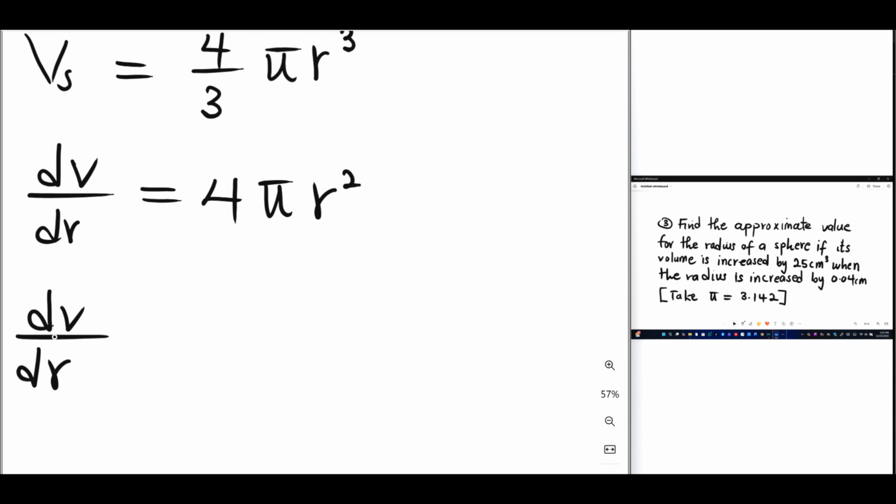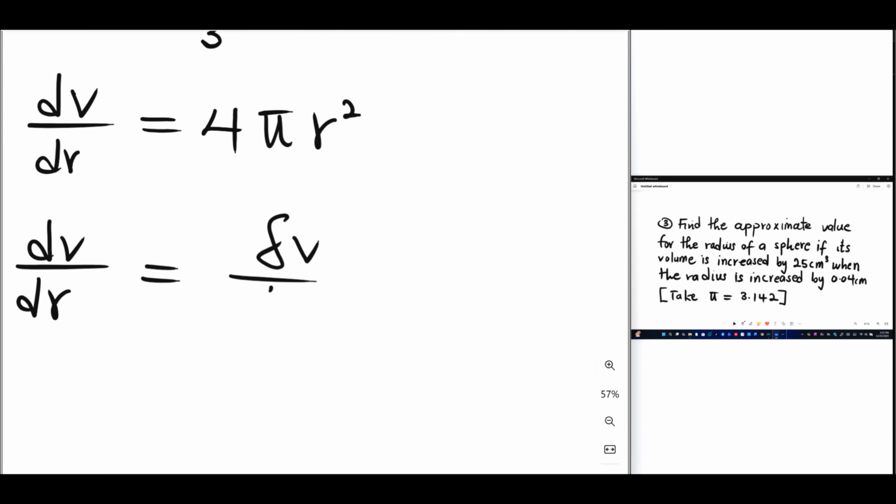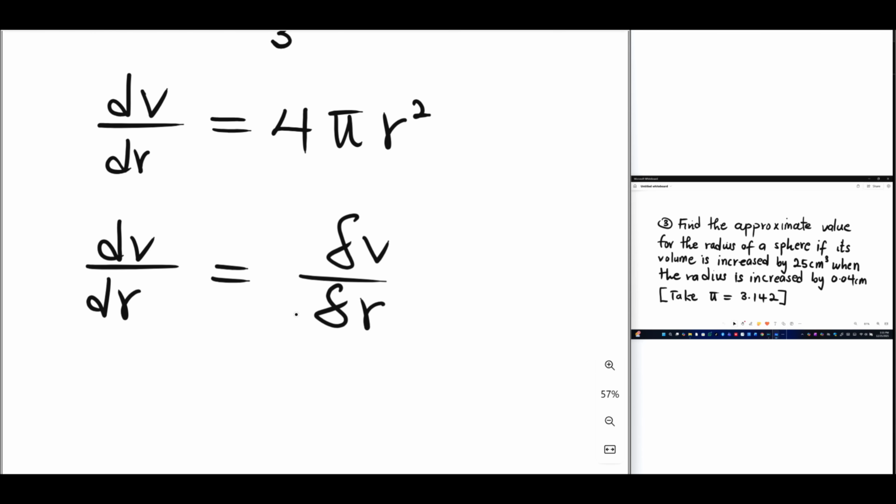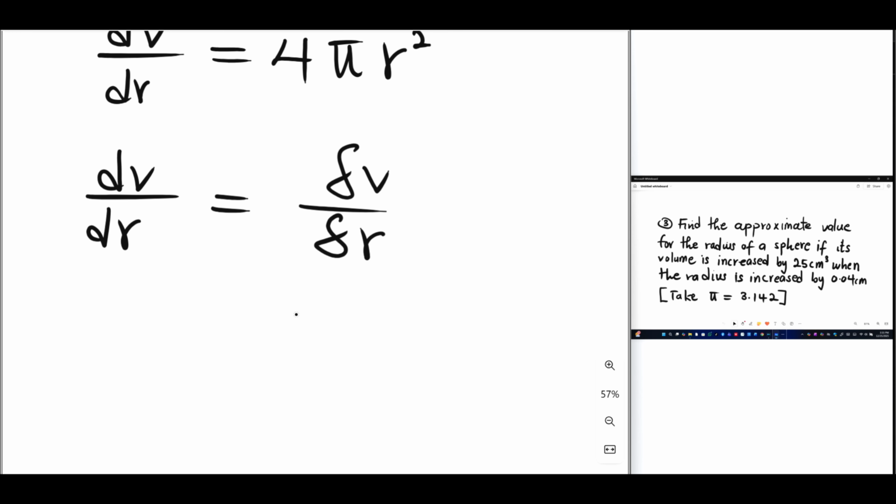We are dealing with volume now, no more area. So 4 pi r squared equals the small change in the volume, which is 25,